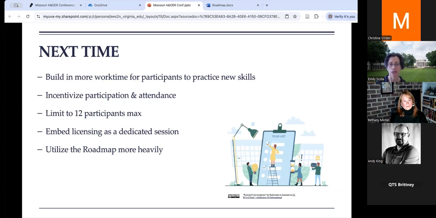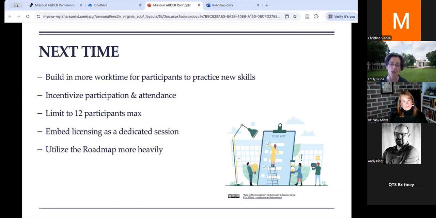Building in more work time for participants to practice new skills, even though we did focus on that this time around. I think having even more time during the sessions for participants to practice, particularly in searching for OER and evaluating OER and considering issues of educational equity.